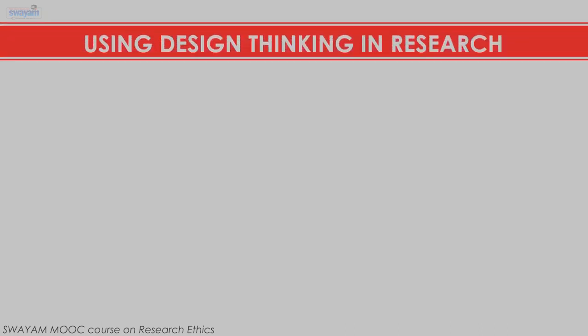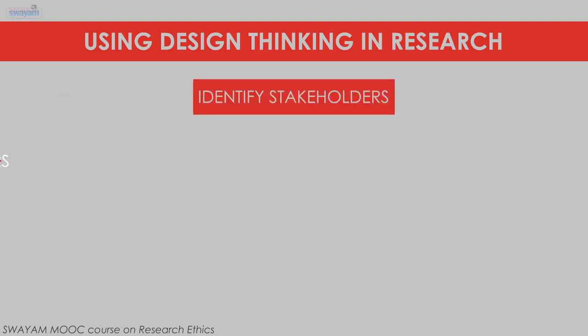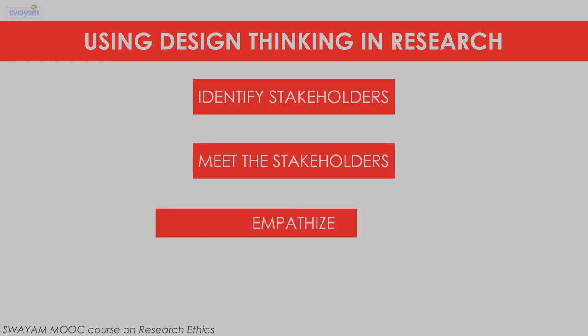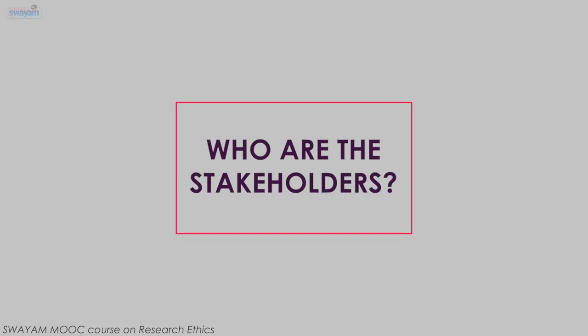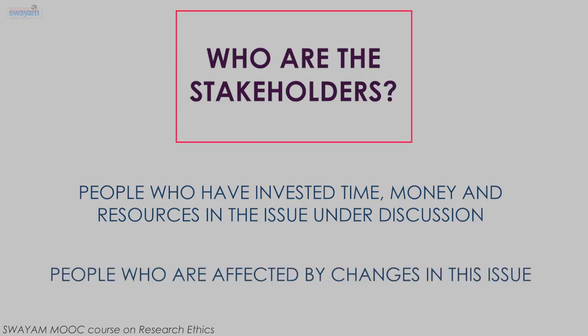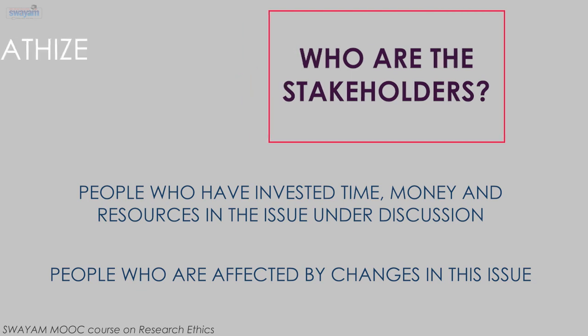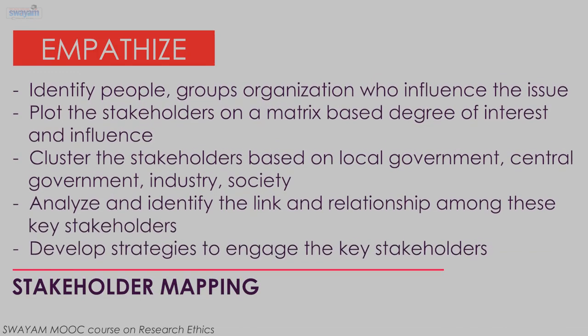Using a design thinking approach requires the student to identify stakeholders, go and meet them to empathize with them and collect real data. So who are the stakeholders? Stakeholders are people who have invested time or money or any other resources and will be affected by changes in this area. So we need to identify people, groups, organizations which influence the issue,